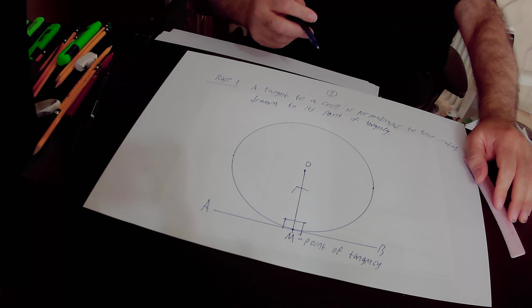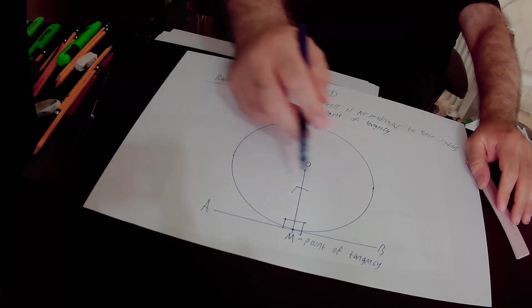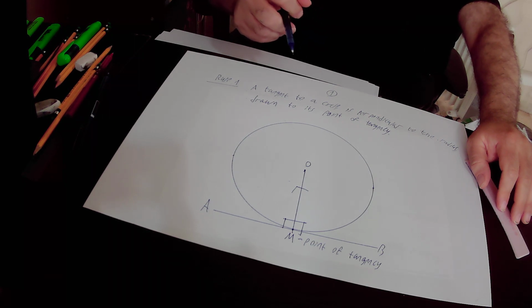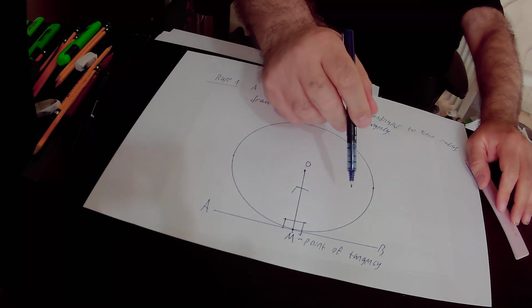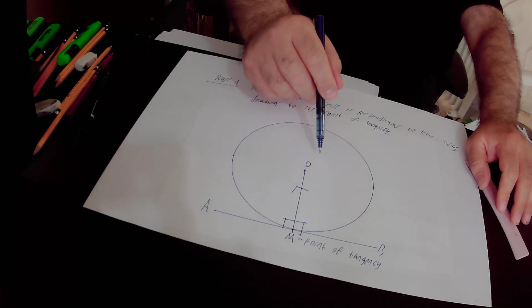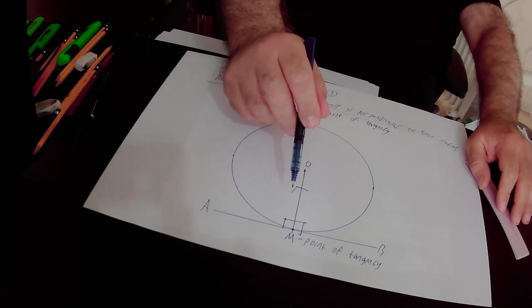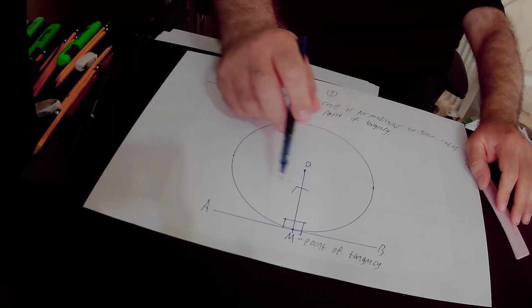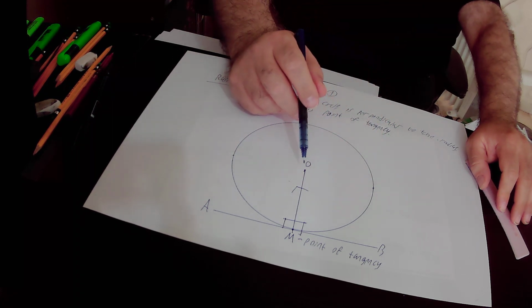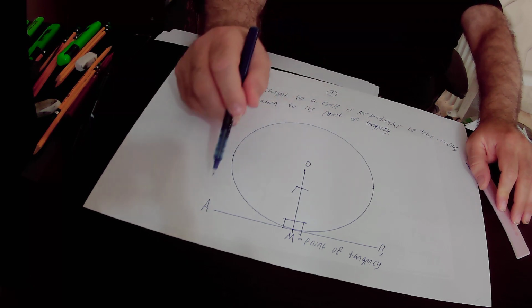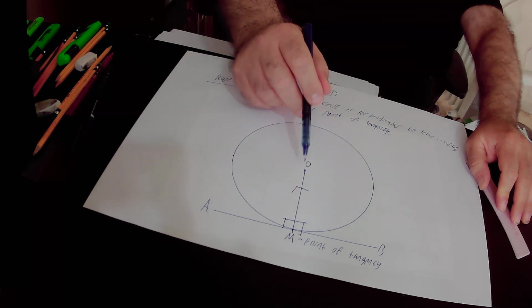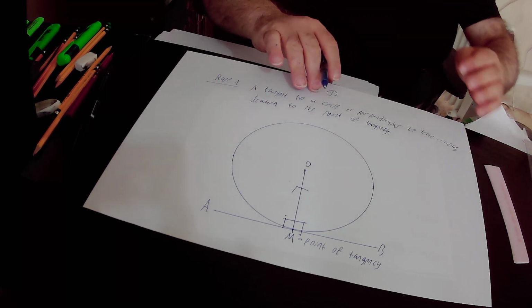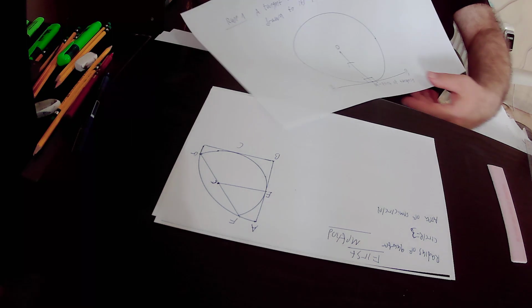So a tangent to a circle, that is to say tangent AB, is perpendicular to the radius drawn to its point of tangency. So the tangent AB is perpendicular to the radius MO that is drawn to the point of tangency, that is point M. That is to say, this angle will be equal to 90 degrees and this angle will be also equal to 90 degrees. So according to rule number 1,